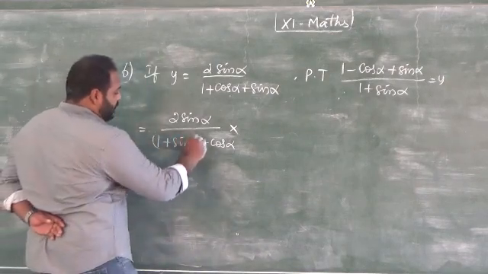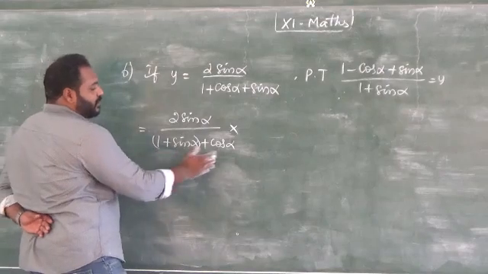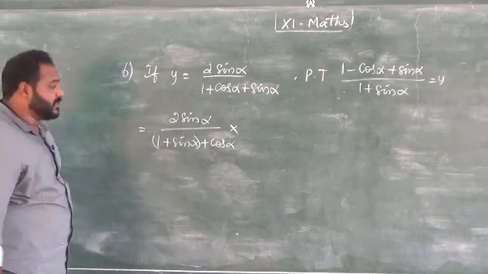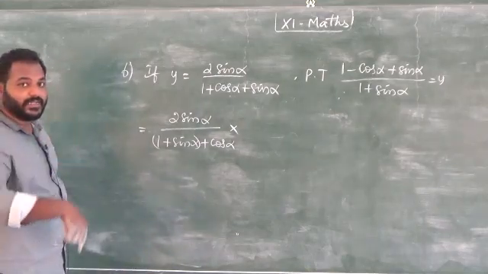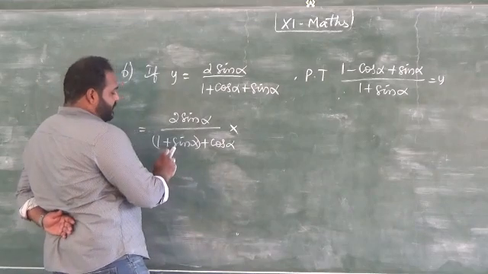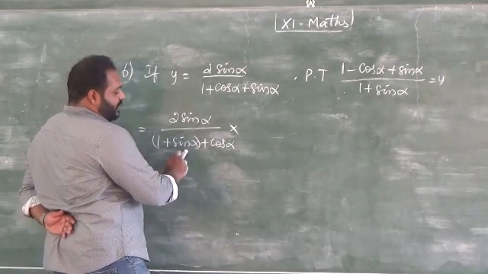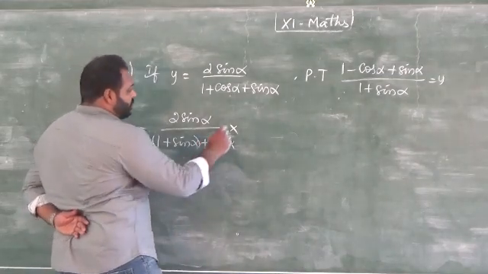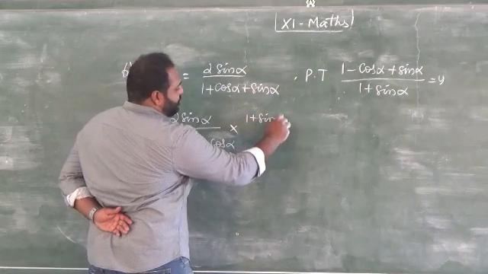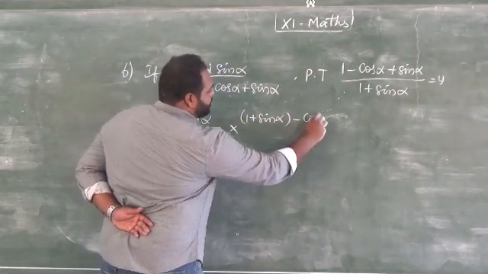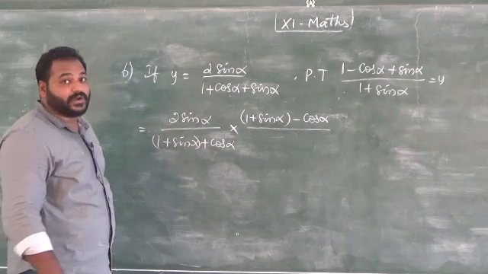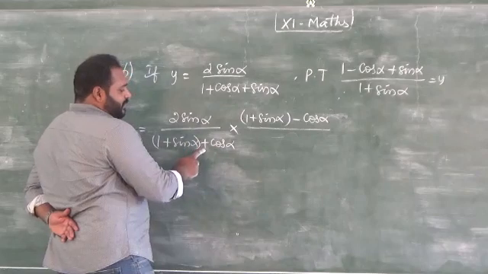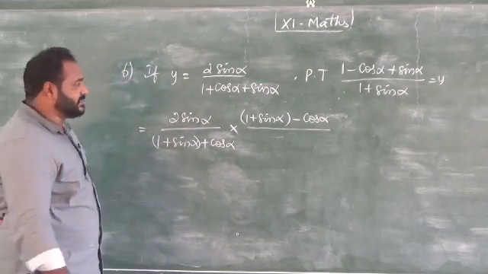Conjugate means here I am going to consider this as one term. So conjugate means you have to change the sign in between the terms and multiply in the numerator and the denominator. So what is this conjugate? For this denominator, the conjugate is 1 plus sin alpha minus cos alpha. Only in the conjugate, only 2 terms we have to consider. This is the first term, this is the second term. In between, the sign is supposed to be changed in this conjugate.